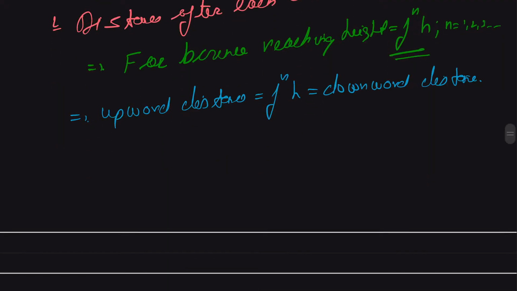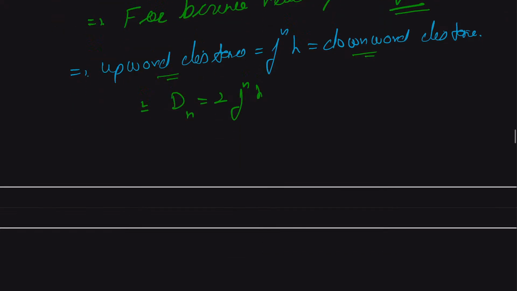It means the total distance, let us call this d of n, will be equal to twice f^n h. Okay, meaning upward distance plus downward distance. So that will be our total distance for each bounce, dependent upon the value of n. Therefore, we can say that our total distance